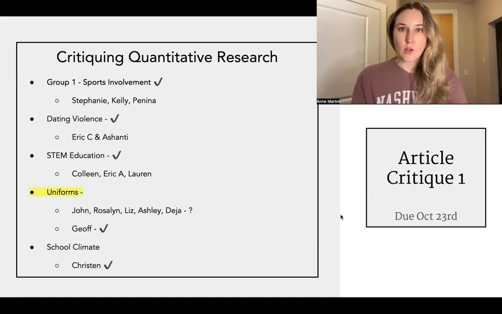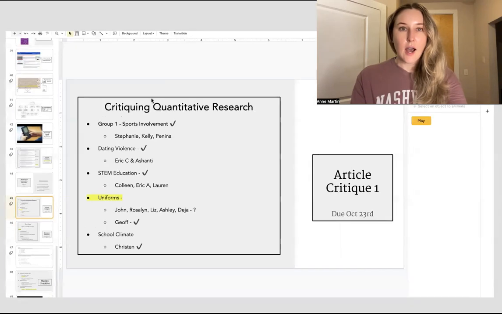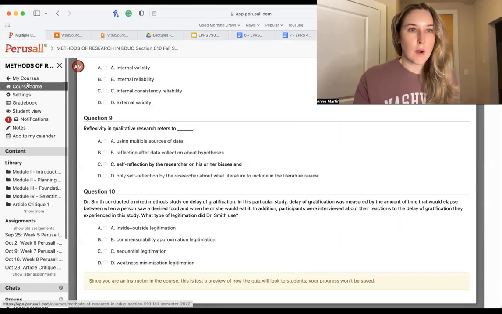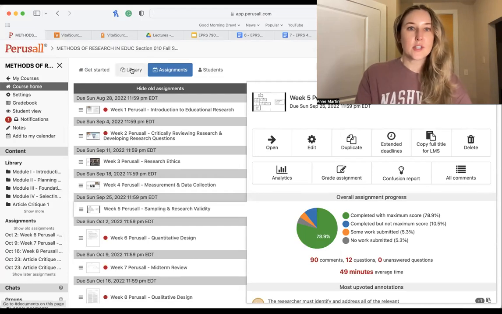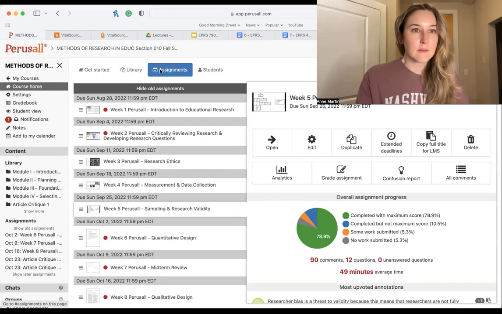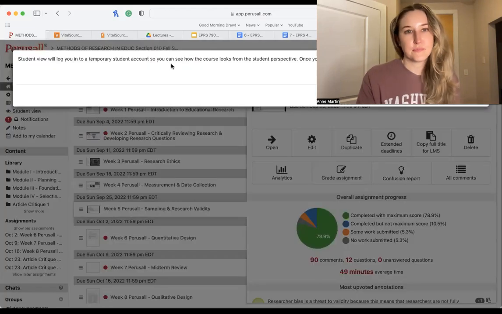So I can show you what it looks like on my end. But I know that yours will probably look different. So when you go to your course home, you can toggle to assignments. Let me go to student view.